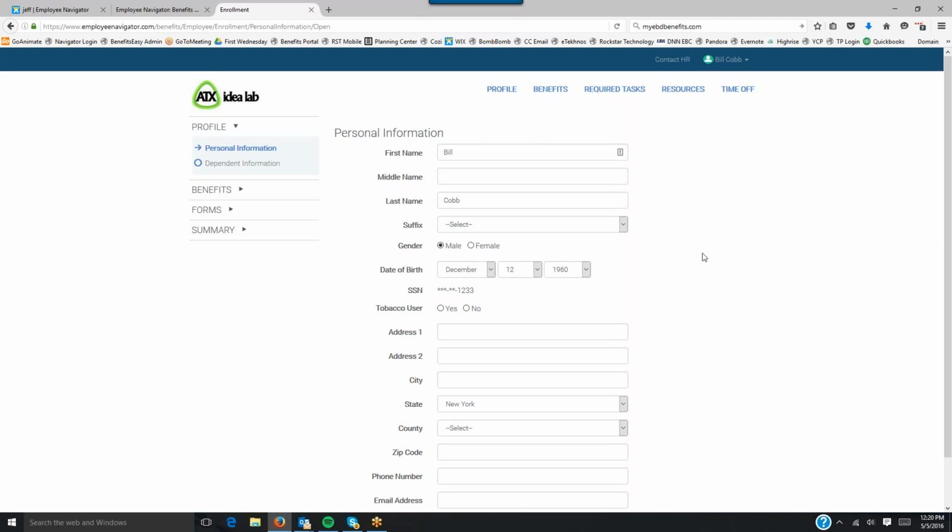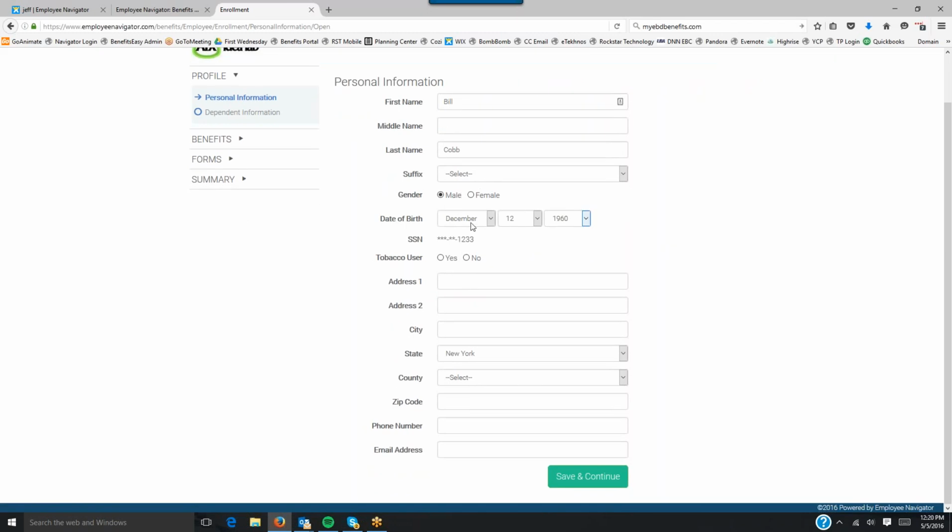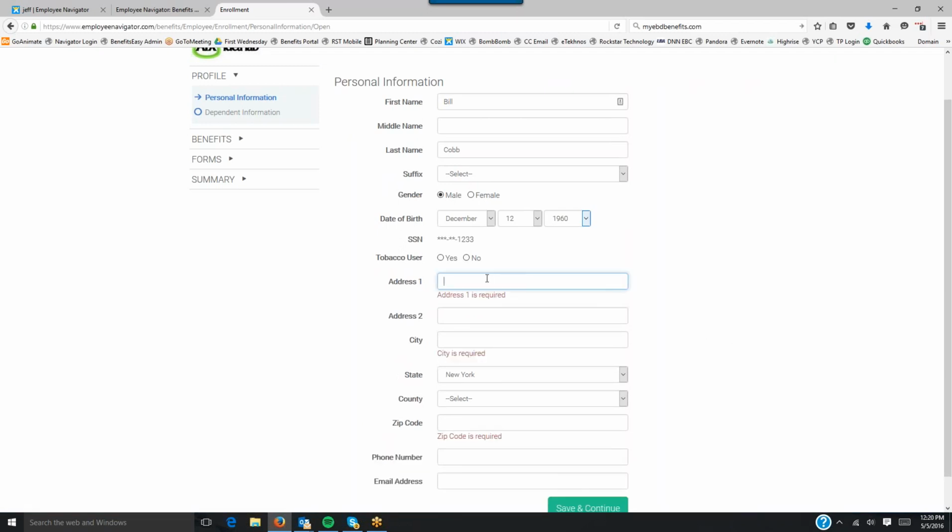So if I just went here, you see my sample employee has a little bit about me, but not things like address and phone number. If I tried to hit save and continue, it'll let you know in red, hey, this is required. You can't skip until you do that. We can choose what's required or not. Most likely, phone and email would be required,